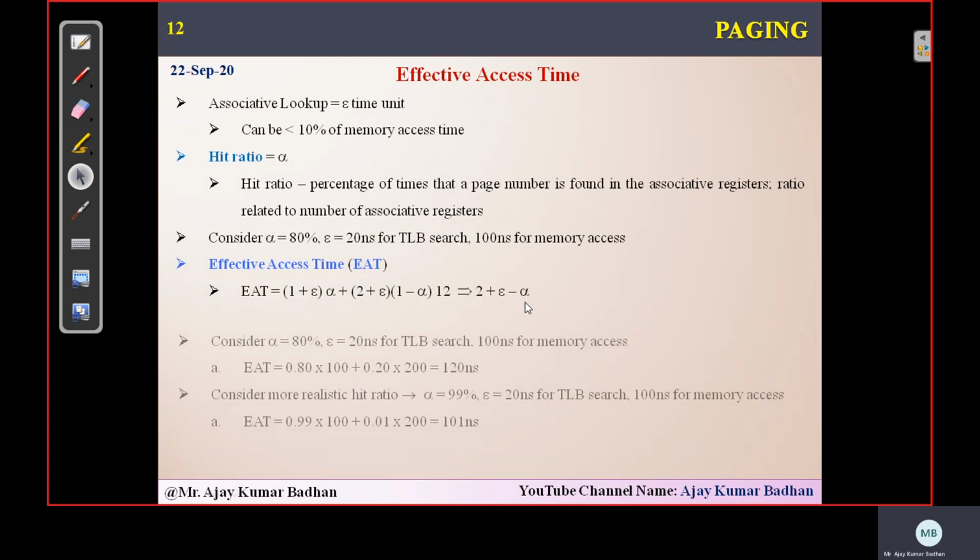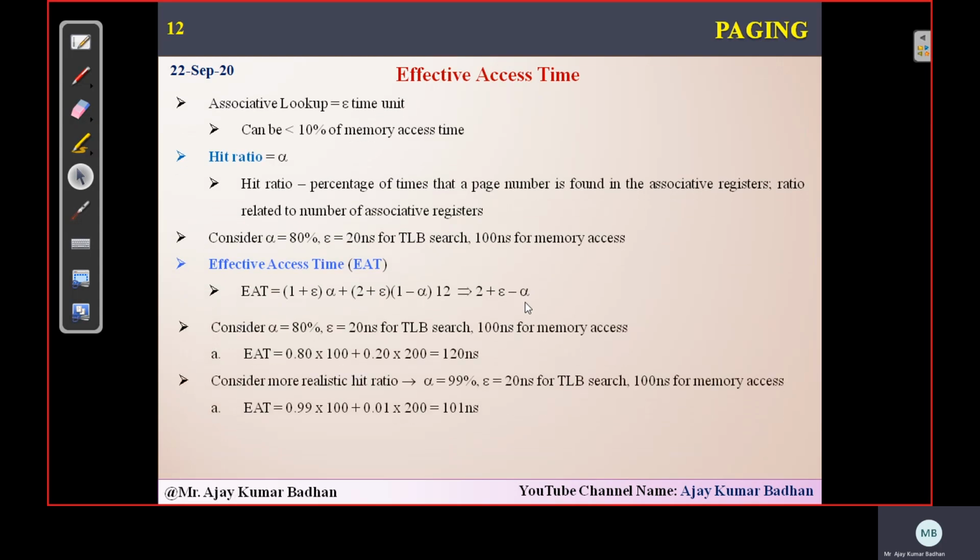Now here we actually calculate from this the effective access time. I wanted to calculate the effective access time. Okay. So this I will explain with the help of a small example so that you can understand. What exactly we are doing within this effective access time is how fast your system is going to work. That I am going to discuss in this particular scenario. How fast your system is actually going to get that particular page from the memory and get the particular physical address.